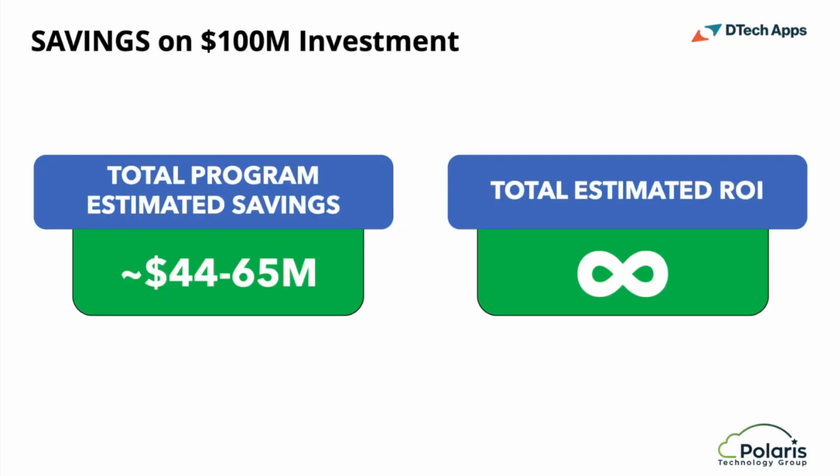So we've done this hundreds of times across a better part of 30 years. And in that, we readily see savings in excess of 10, 15, 20 million dollars across a 2 or 3 year plan. And you'll see that this ROI estimator is infinite, because if you think about the ability to save, let's say, $20 million off your AWS